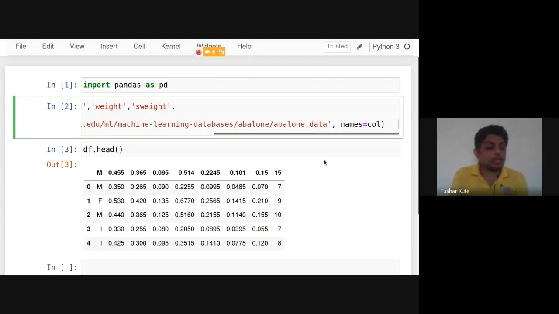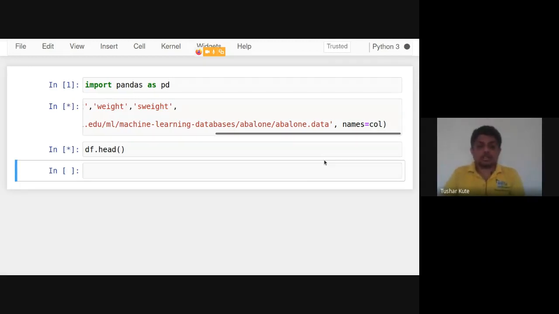This parameter you have to pass at the end. Fine, execute it.